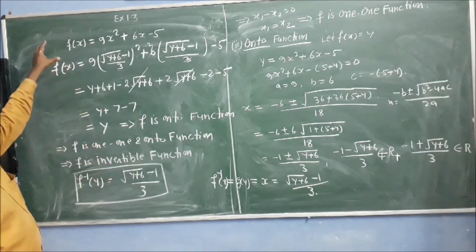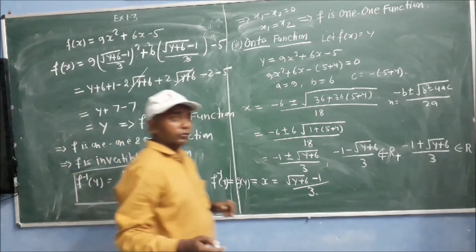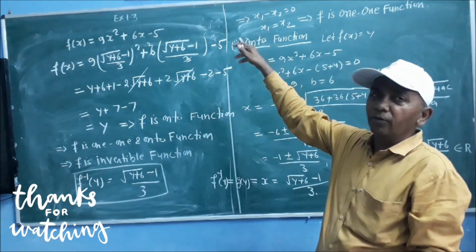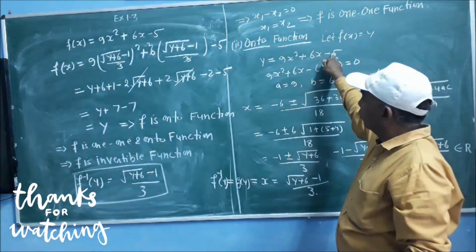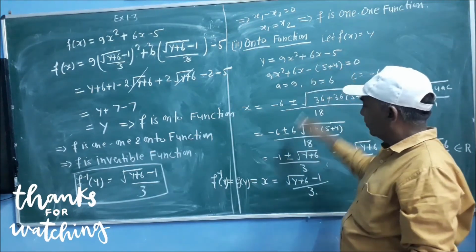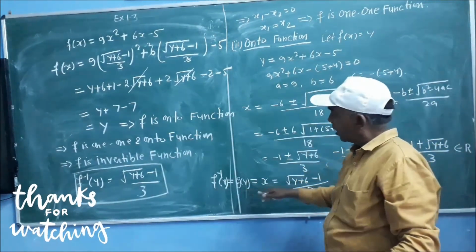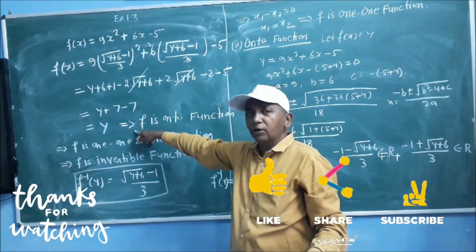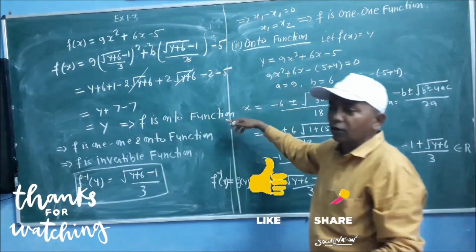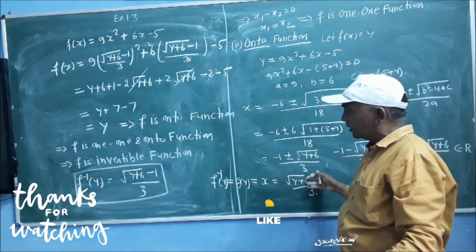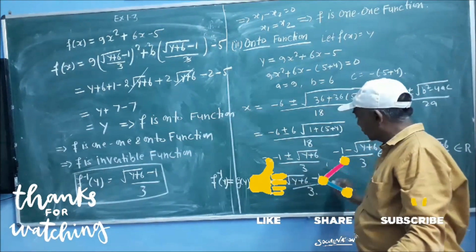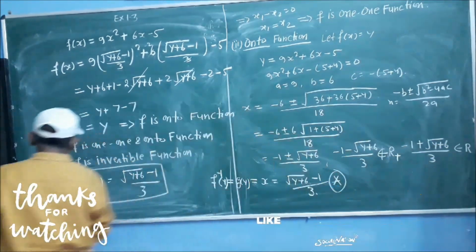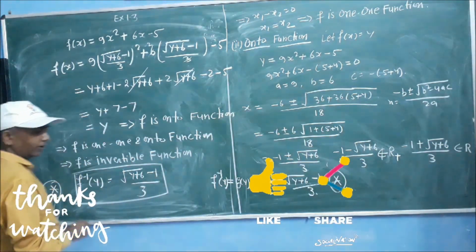So this is all about this problem. You see, student, in the first step we have shown that it is a one-one function. After that it is an onto function. In the onto function we have to calculate f inverse of y. After that, put this value in the original function f(x), and we will get it equal to y. That means this function is onto, and you will also get the inverse of this function. So from this star we can calculate the value of the inverse function.